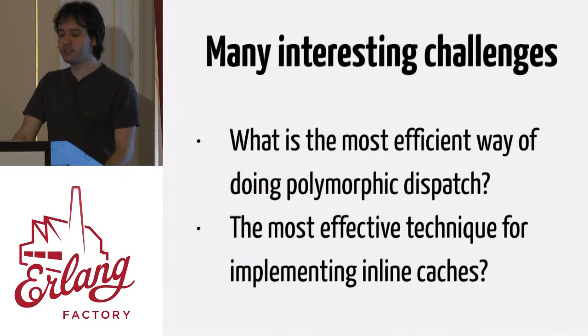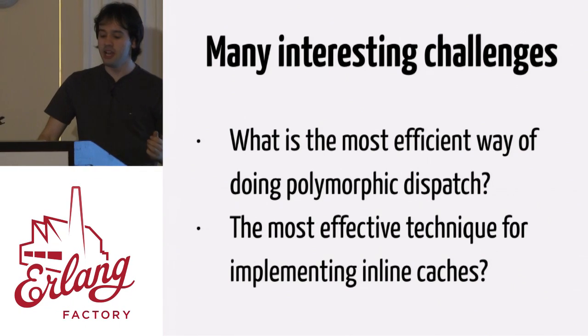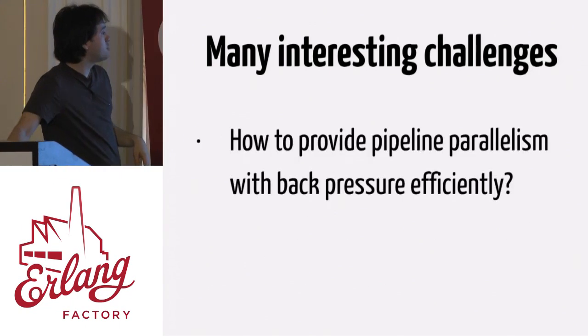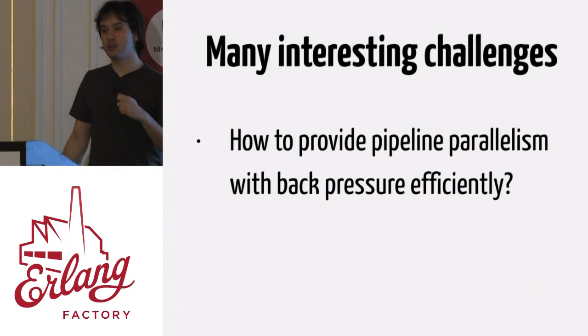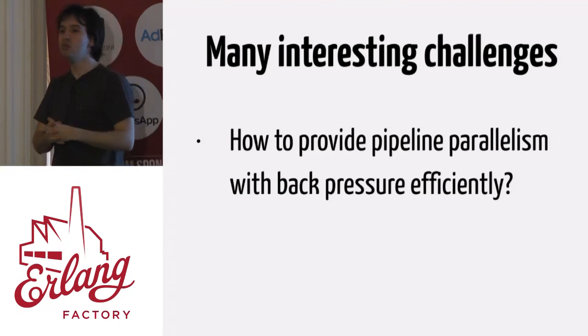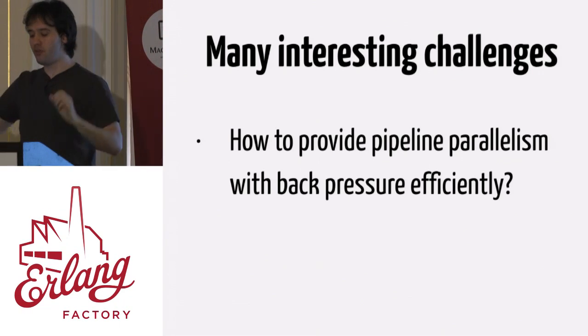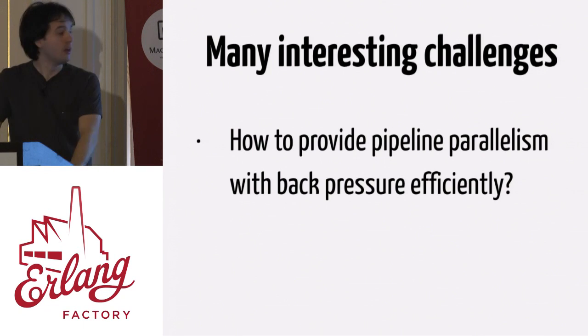That's just about polymorphism, right? As soon as we go up from collections, laziness, and parallelism, there are a bunch of interesting challenges, which is how to provide back pressure, right? If you have data going through this pipeline, if you have one stage that is slow, how can we provide back pressure and how that's going to manifest itself throughout the whole pipeline, okay?